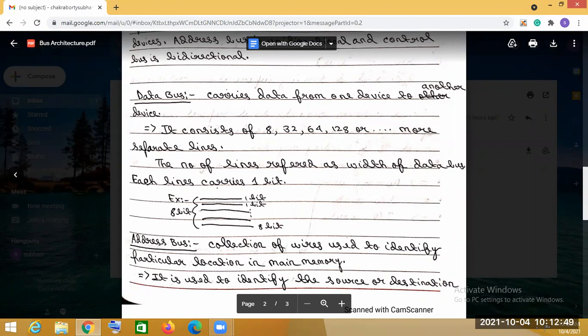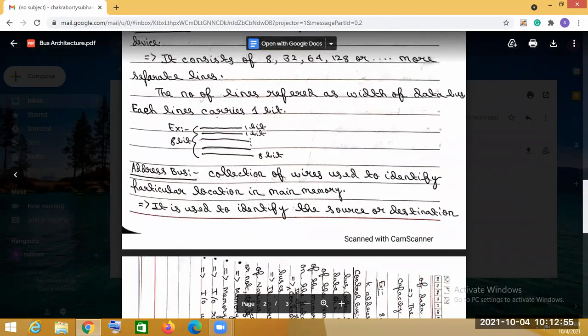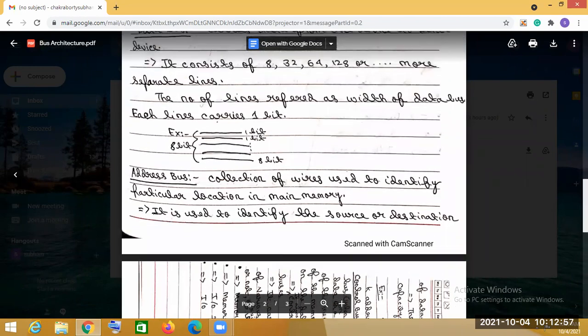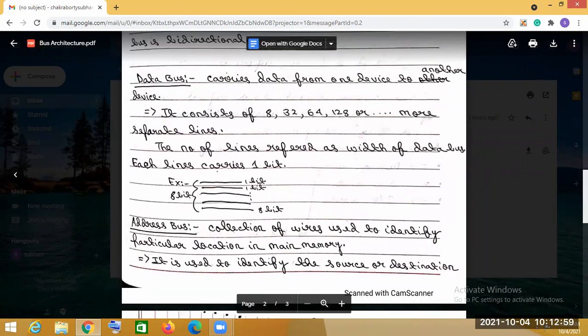Now, what will it do? It will identify the source or destination address. So this is our source or destination data.